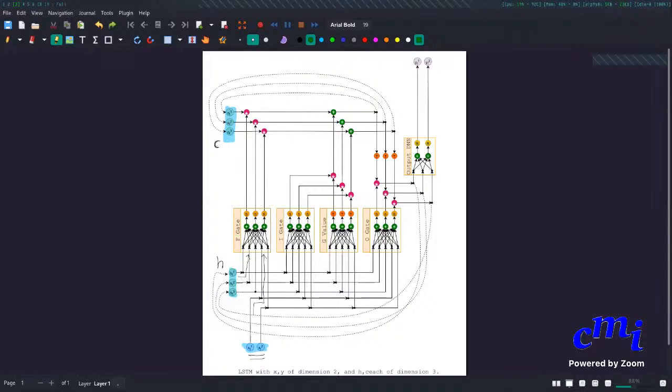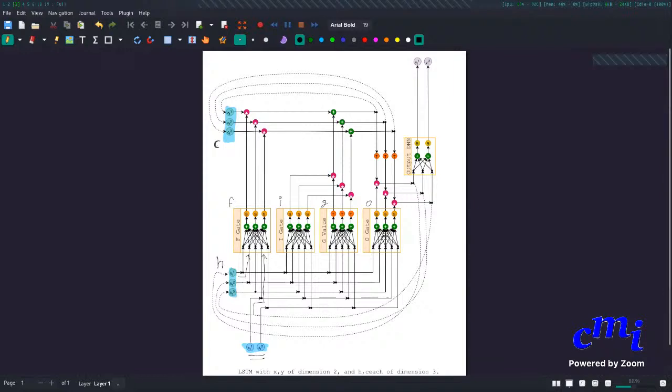So we have 3 gates here. Maybe I should write it like this. We have the F gate, the I gate, and the O gate. We also compute a different value, called G here. This is not called a gate in LSTM terminology, but all of them are essentially calculated in similar ways. So what happens is you pass in both your hidden state,